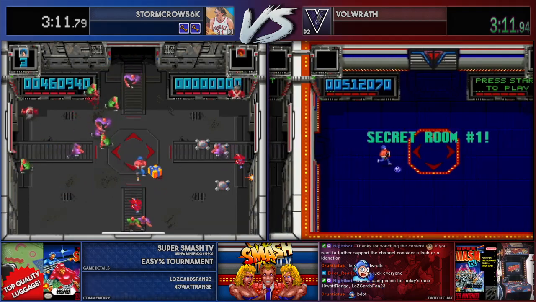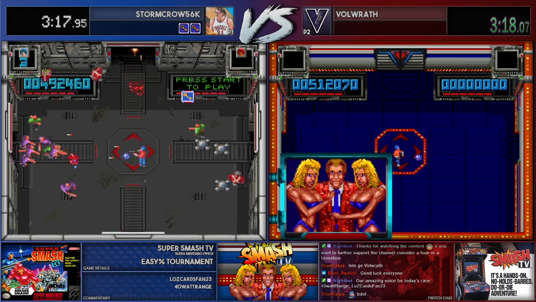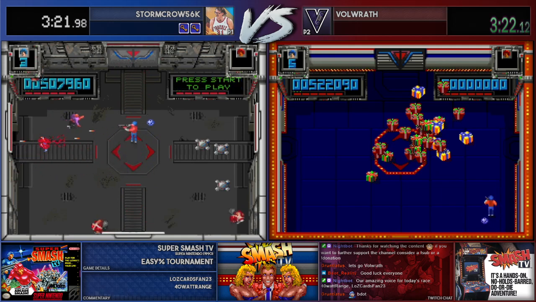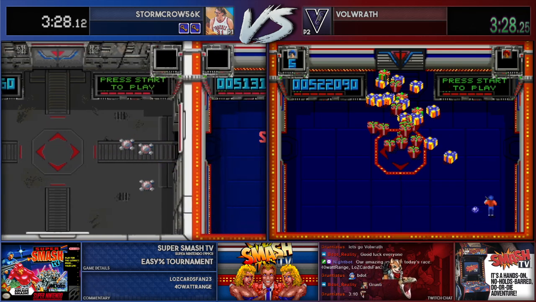And a very good time. A 310 into the bonus room. That is very competitive. An orb back, though, for Stormcrow, but he's going to find himself double digits back. Yeah, this is going to be a rough one. Volwrath's been playing a completely new person in this run, in my opinion. Holding this orb down, holding these tight centers, so...